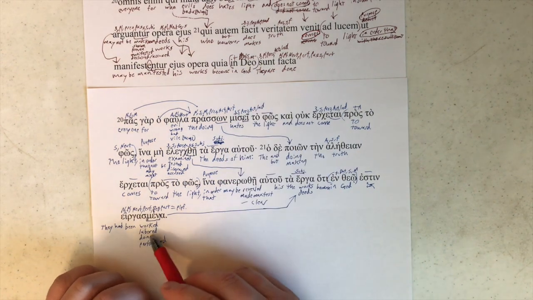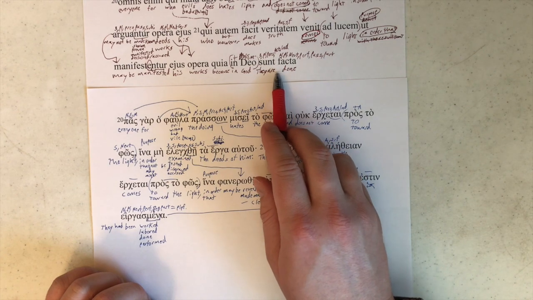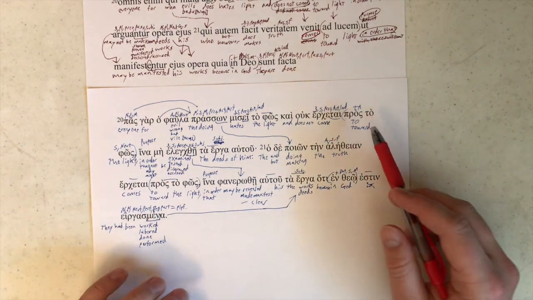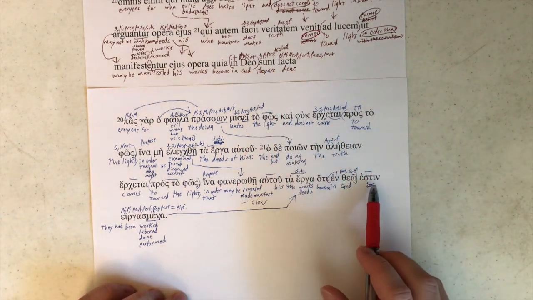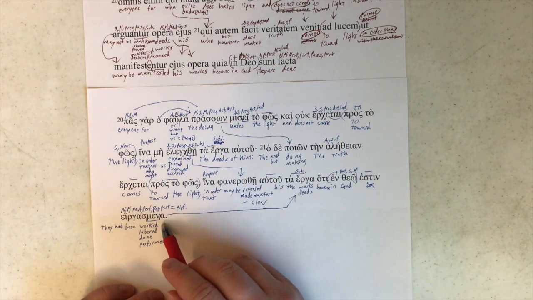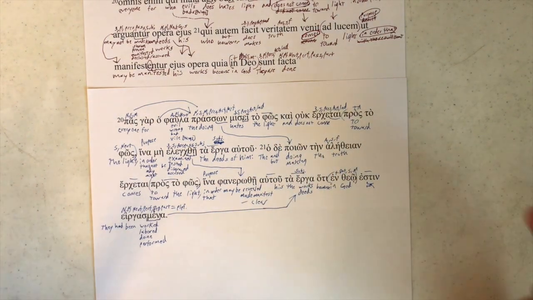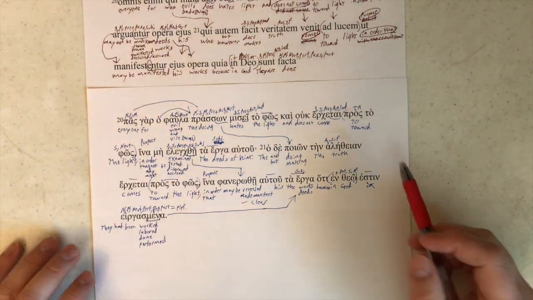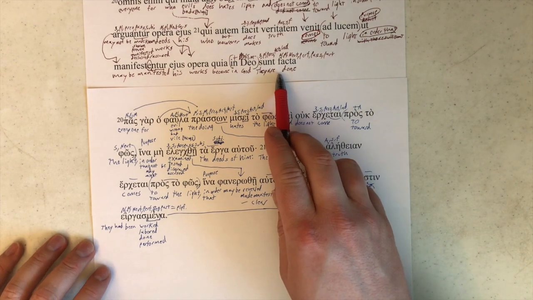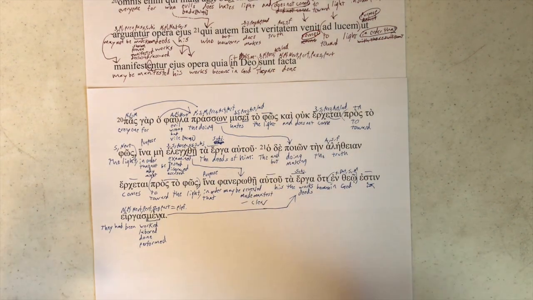Now, I could have done the exact same thing with the Greek, or I could have done the pluperfect treatment in the Latin, but that would have been a little bit less natural. So, sunt comes first, estin comes first, facta comes second, and ergasmena comes second. So at least in the way that they're ordered here between the Greek and the Latin, that is the same. So that's fine. I think either of these translations that I have here, they are done, or they had been done, either of them could be the case.